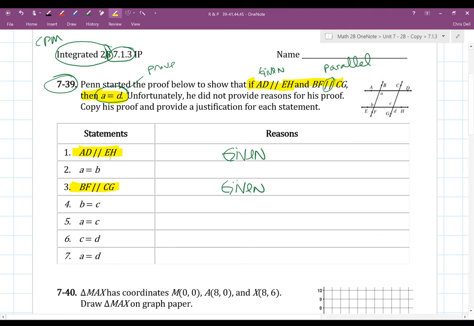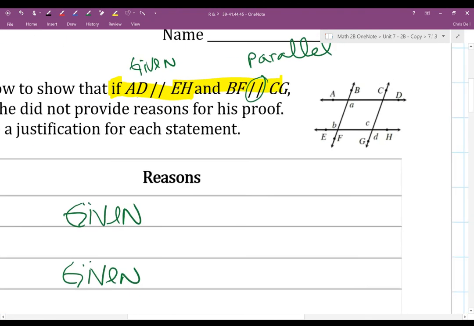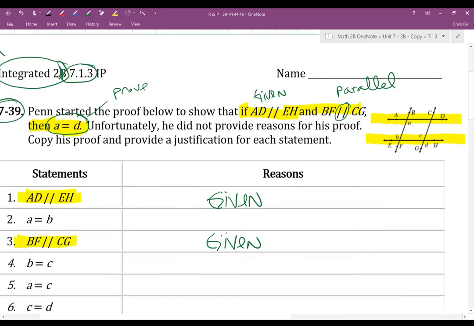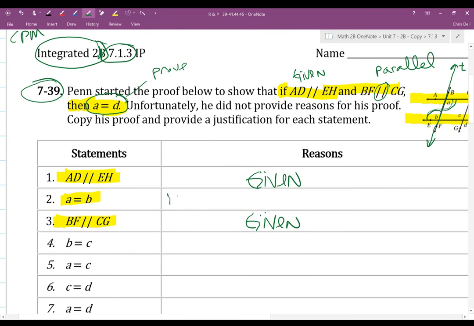Below, AD is parallel to EH, which let me highlight. Once you know that those two lines are parallel, it says that A equals B. Which ones are A and B? Well, in my picture, A is this one and B is this one. That makes sense because this line here, BF, is my transversal. If that's my transversal, then I can say that A and B are equal because they are alternate interior angles. So our reason is: if parallel lines,